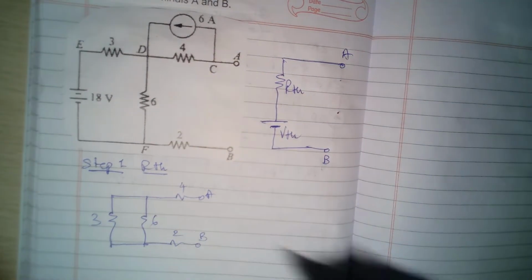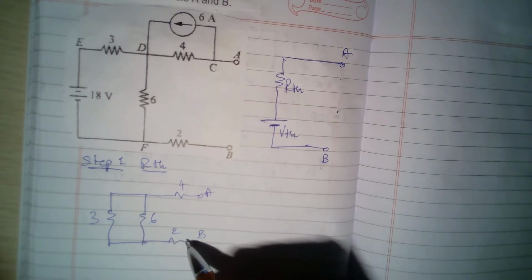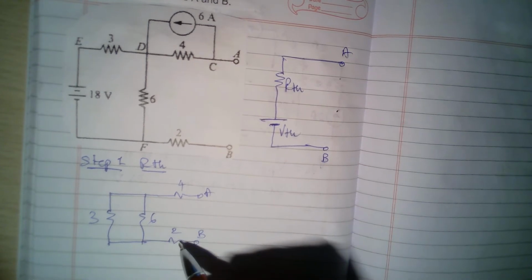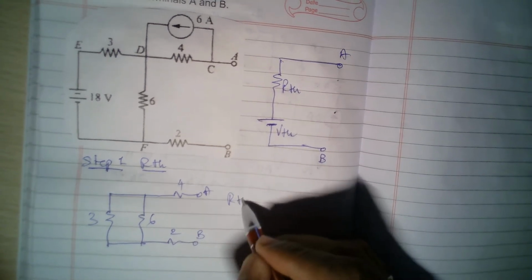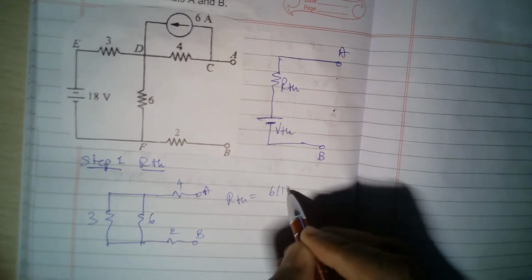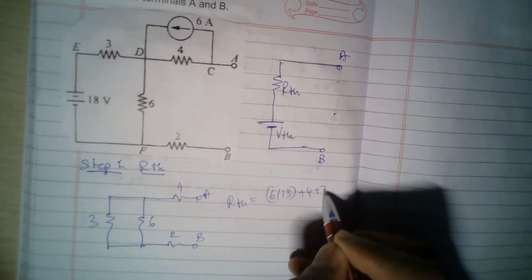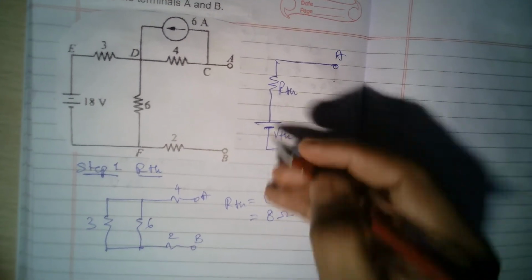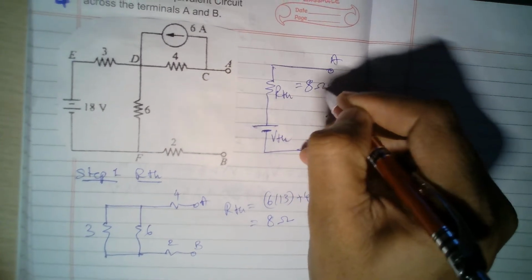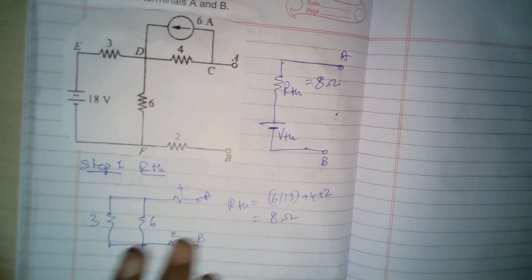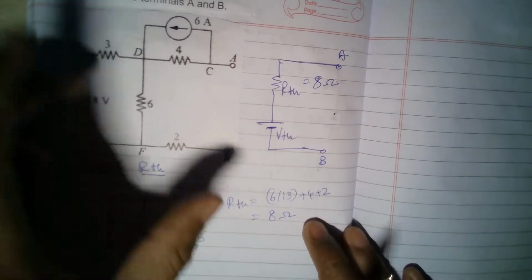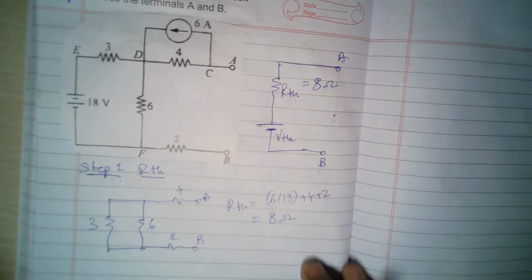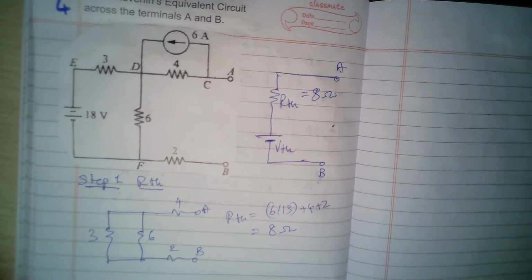So 2 and 4 and 2. So 4 plus 2 plus 2, so 8 ohms. So RTH is equal to 6 parallel 3 plus 4 plus 2. So that is nothing but 8 ohms. So we have solved this. In fact, you don't have to put pen on paper. You just look at the circuit and you can solve it. Okay. Next,